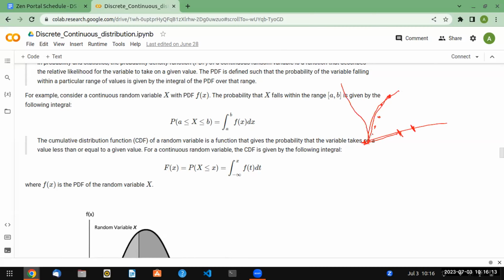Now, can you tell me one question? If I am calculating the probability at the very last point, what is this value, if we are doing the cumulation of the previous probabilities? Because for one event to occur, what is the total probability? 1. And at each point we are calculating the probability, and at the next point we are doing cumulative. Then at the last point, what should be the probability?